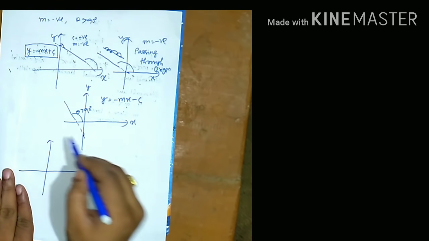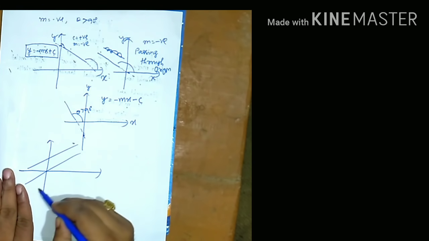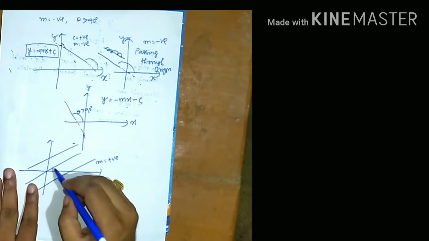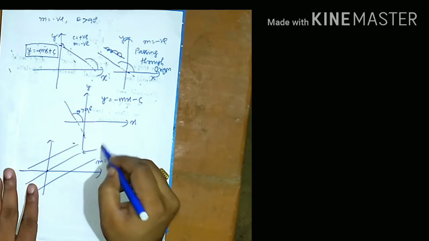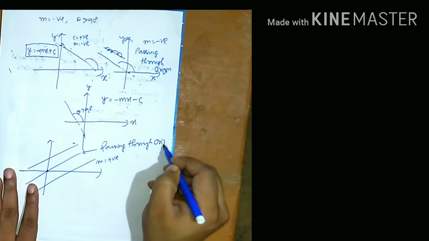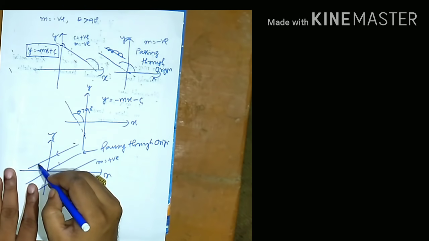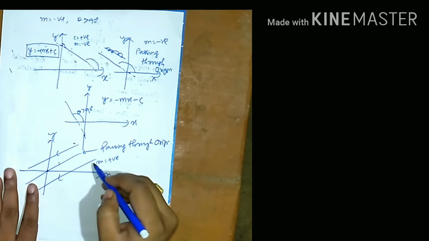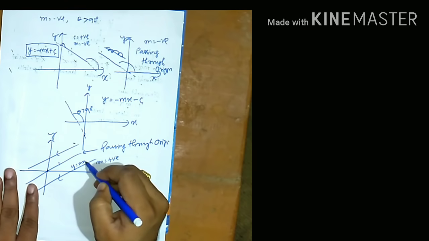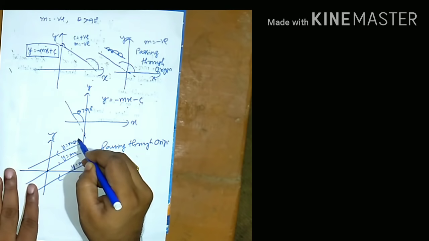Anything you may have, I can summarize it in one place. So when m is positive, the lines will be like this. For all these cases m is positive. This is passing through origin, y and x. This you can have with positive c and positive slope. This is with positive slope and negative c. y is equal to mx minus c, y is equal to mx, y is equal to mx plus c.